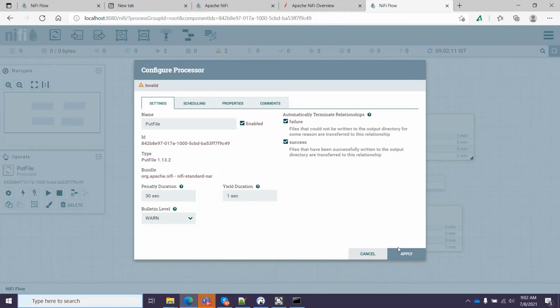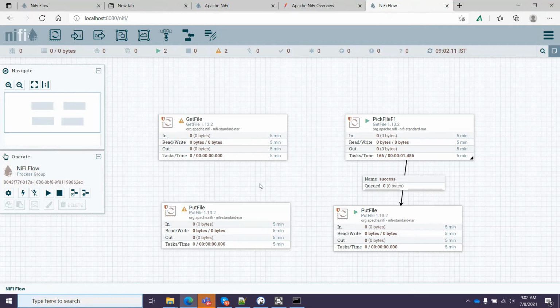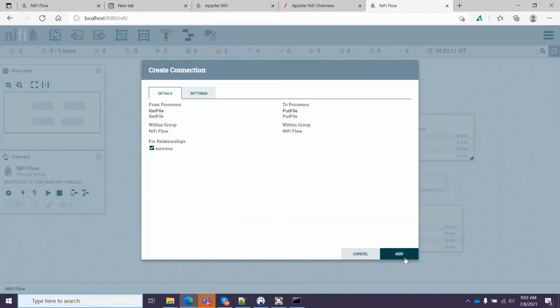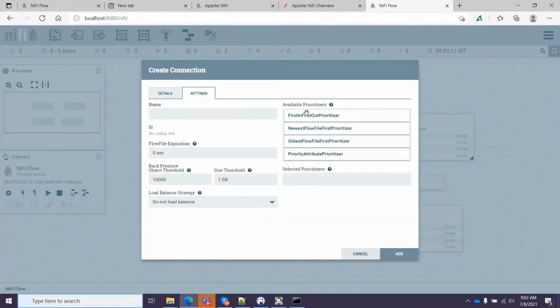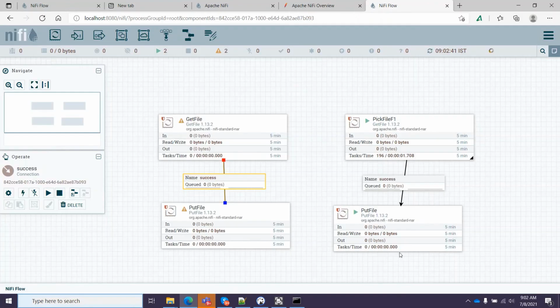I can have two processors here and set up different flows, but I am setting only one. Now I have to connect these two processors. It's easy. I drag it, I put it here, and there is a setting which is available. You can configure these attributes. So here the flow is created.